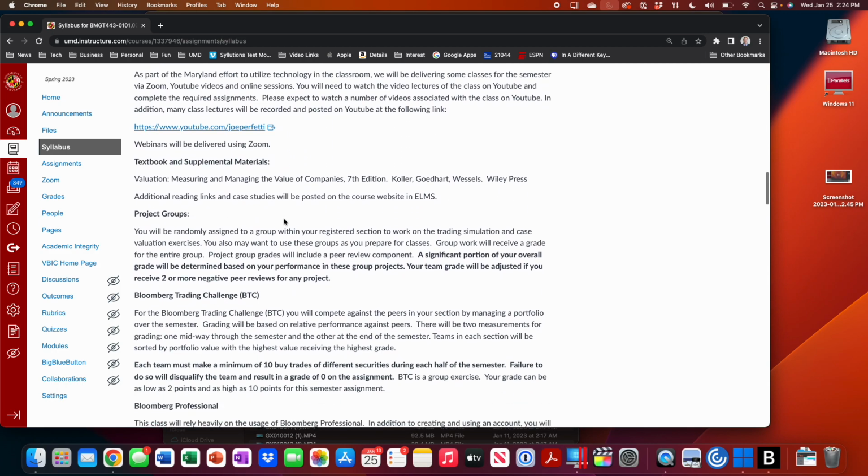The textbook is Valuation, 7th edition. Here's the key to the textbook. I don't care if you read it or not, but I'm assuming you've read it in everything we do. And if you haven't read it, you don't know it, well, it's going to be bad for you. So everything is a foundation in this class, and we're building on that foundation using real-world exercise.